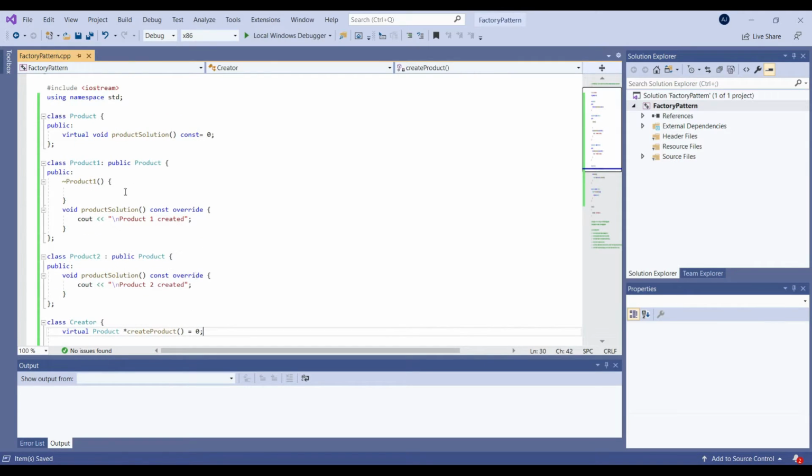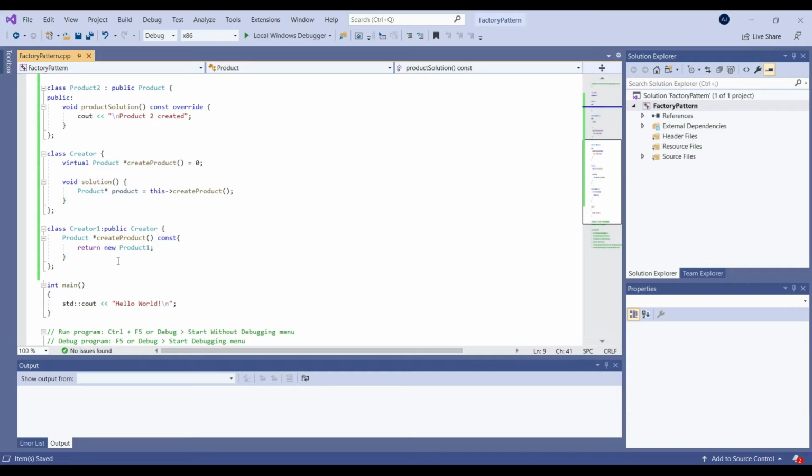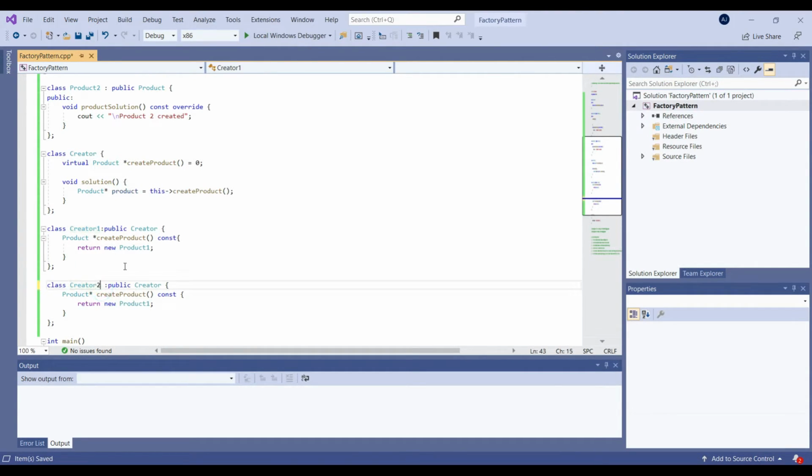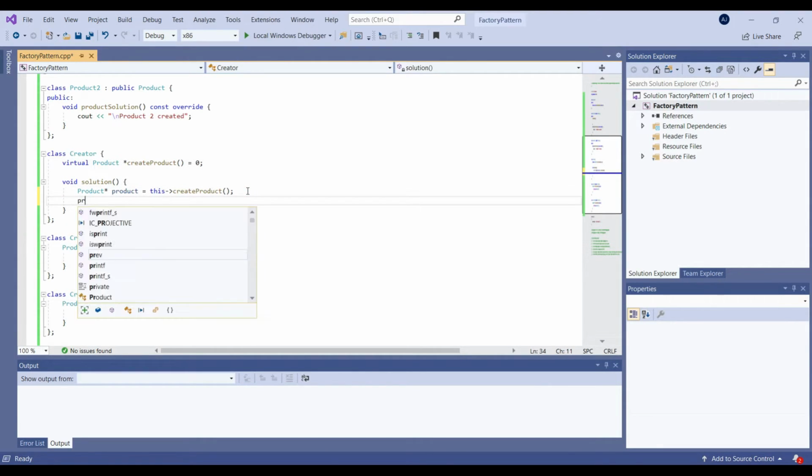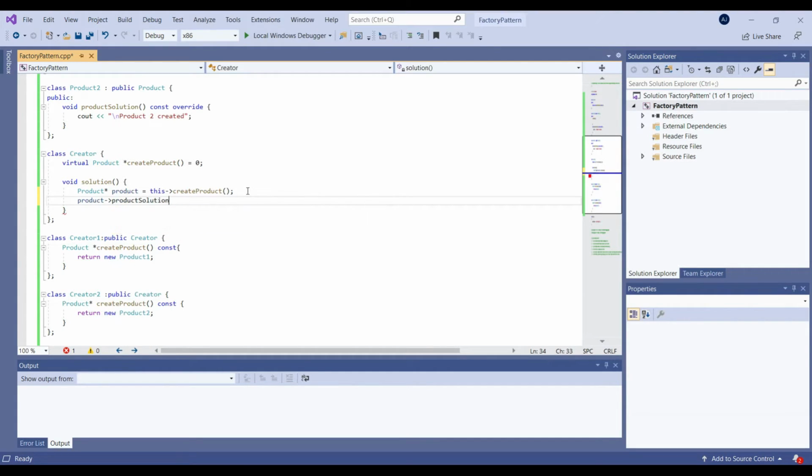Now that issue was there because I hadn't put const over here. Now similar lines, let's write creator2. It will return a product 2. And this would indirectly call the product solution class.